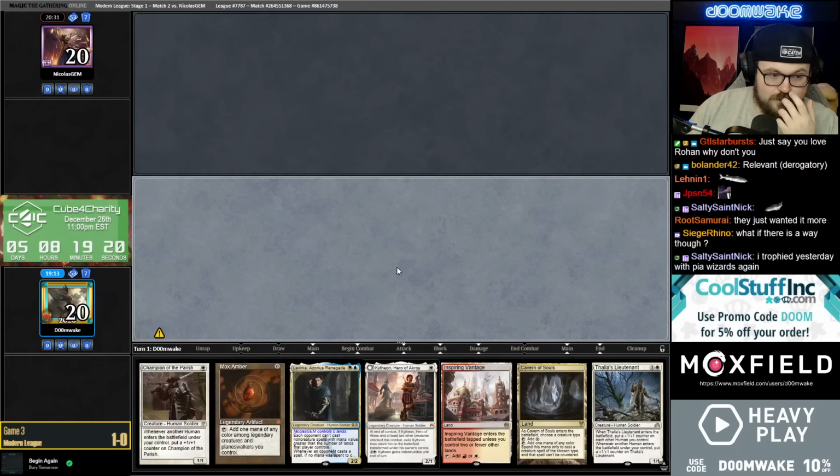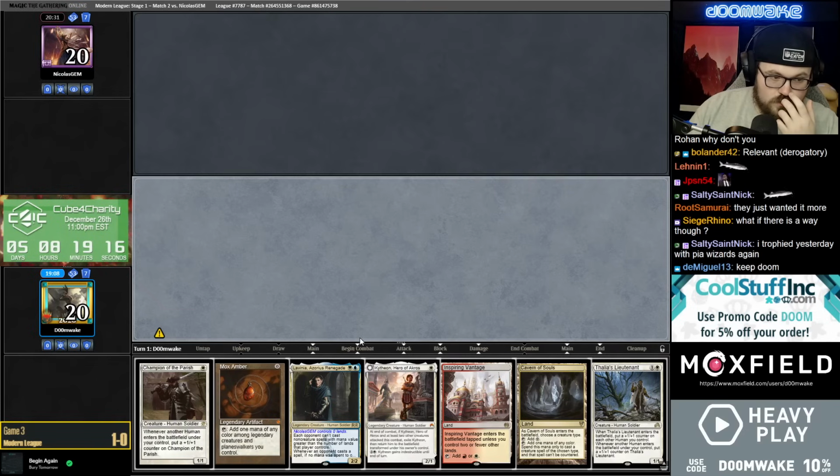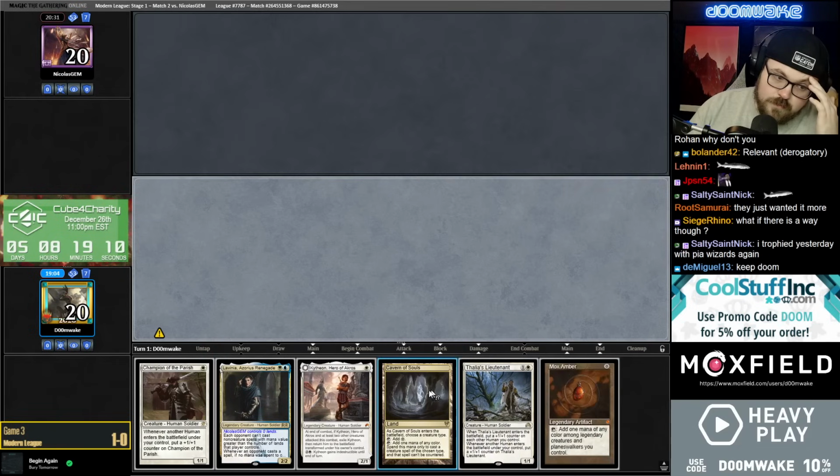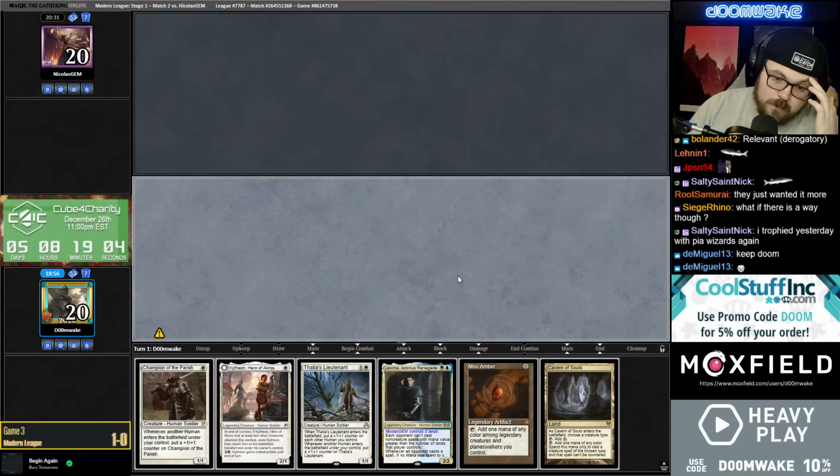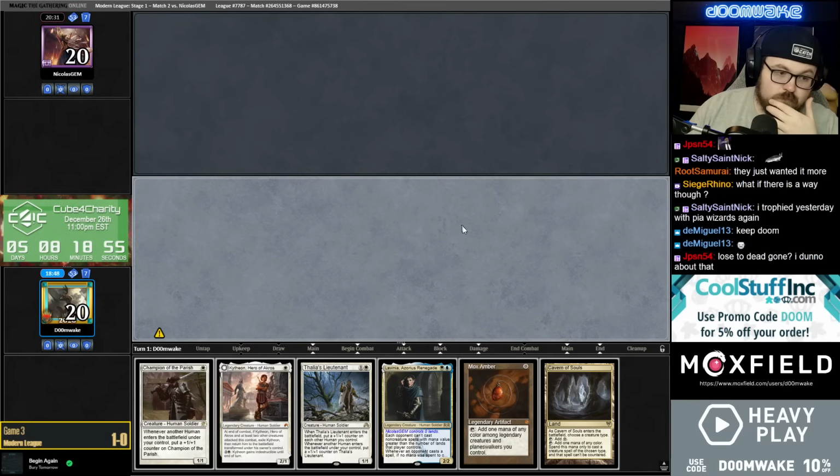Yeah, about that. Okay, this hand's good. What do I put back? This for sure. I want to keep Mox, land, Kytheon, 1-drop. What's the 2-drop I'm keeping? Probably Lavinia. It's got to be Lavinia over Lieutenant, just hope they can't kill it. I mean, they kept 7, so...